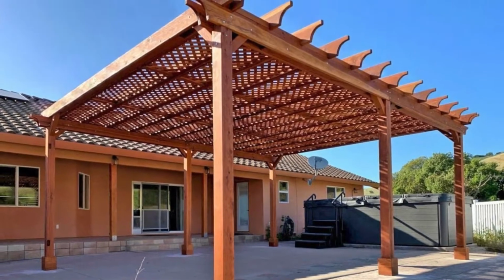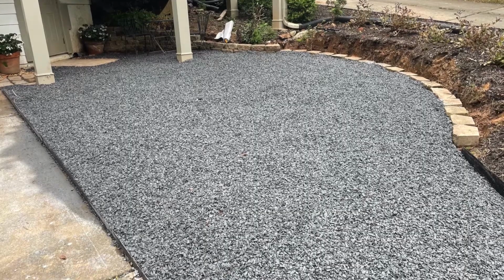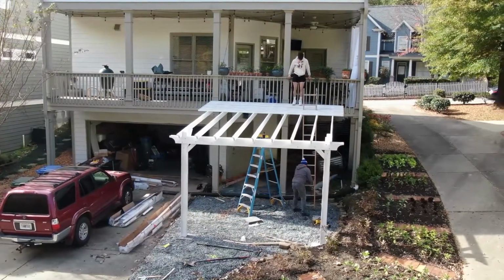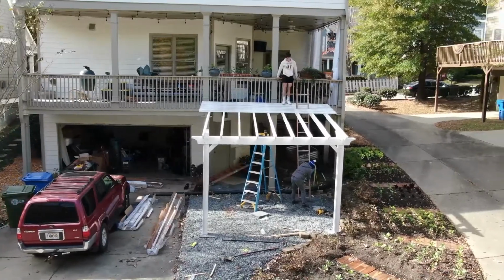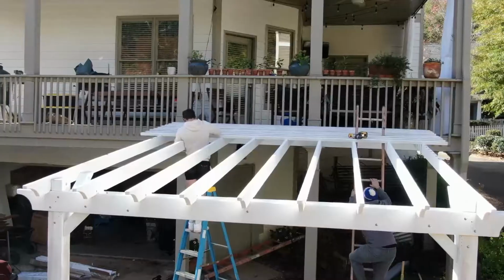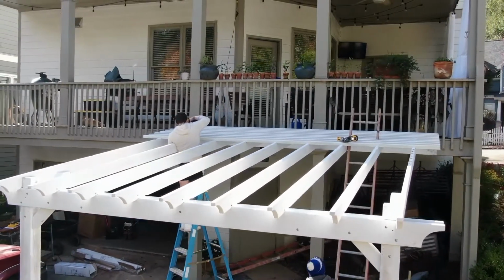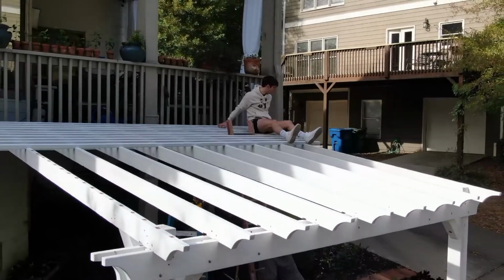And the process of figuring out what is the right structure for this space. You know, we've got an excavated, flat area with a retaining wall. It's not a huge space, but it's also just going to be full sun without something to provide some shade, kind of enclose this garden kitchen room. And I think we've settled on an amazing structure, which is a pergola that attaches to the house, roughly 12